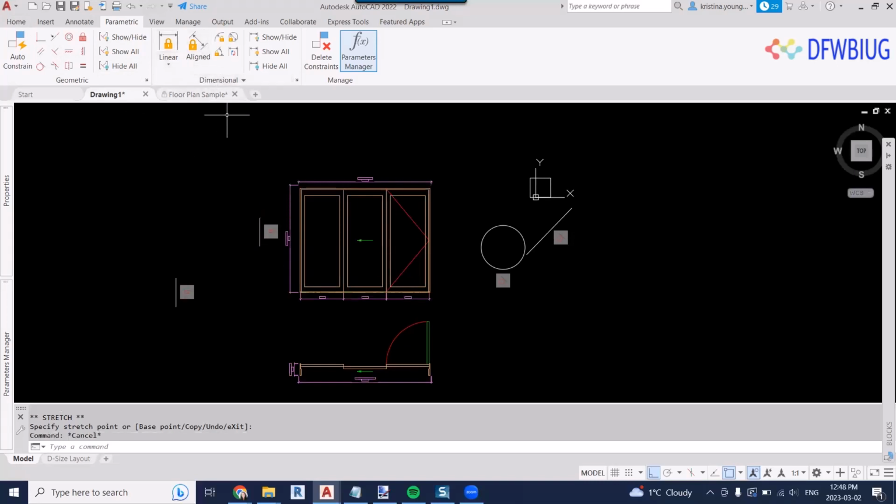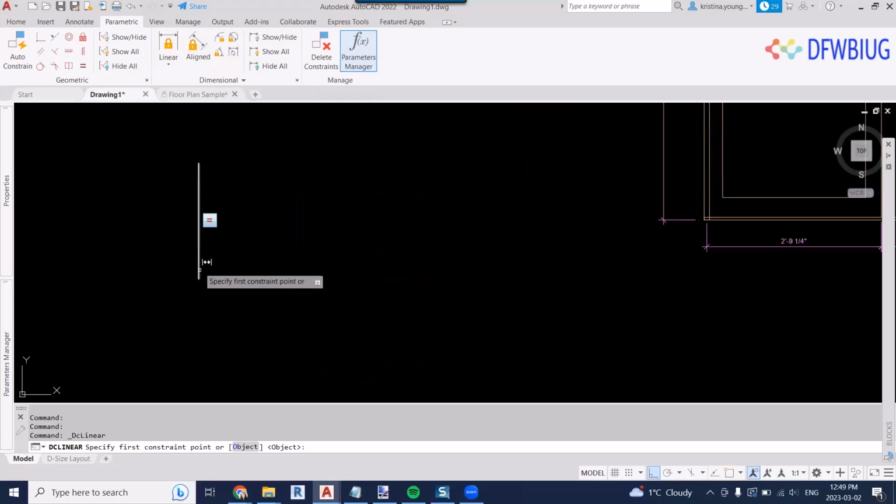So what is this? It's actually the exact same as the normal dimensions, but now you're giving yourself a parametric attribute to it. And this is very similar to Revit. So we have the linear, the align, it has all the other ones. I'm not going to really get into all of them, but we'll just do a basic one here. So what this means is that I can